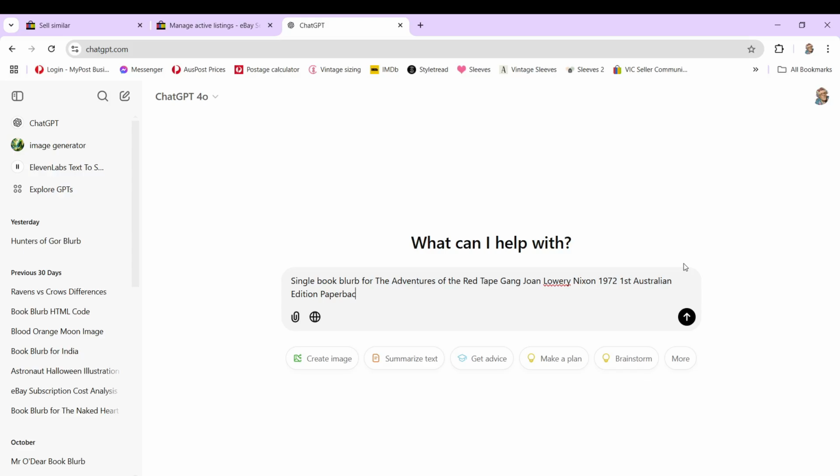And what I do in here, so I go down a line, I type in blurb, and this is only to give me a reference point, so I'm not searching when I go into the HTML code. You don't have to do it this way. The reason I'm doing it in HTML code is that I can have certain words bolded within the blurb without actually having to go and do it later. So I get it to show me the HTML code, and then I've just got to find the word blurb and cut it out and paste in the blurb that I just got off ChatGPT